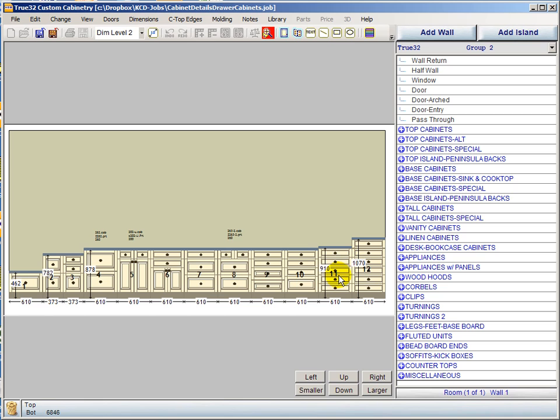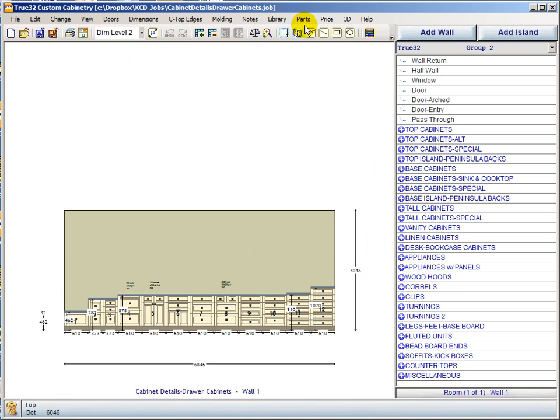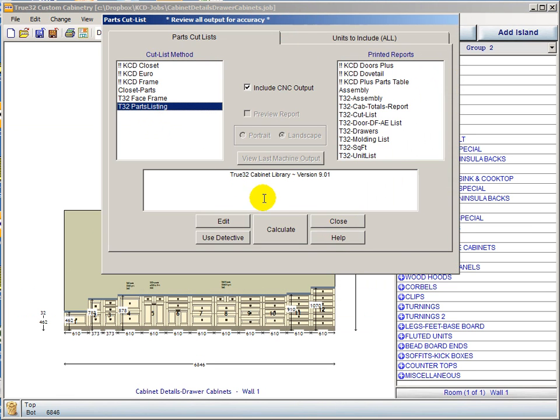But all of these different drawer options have some unique machining to them as far as CNC guys go, and obviously we have some unique parts for the manual guys too, in that we have these short partitions in these double units here, and we've got tall backs in the back of the drawers for file drawers. But let's look at the parts for these real quick. And I'm going to just scan through this list since there's so many